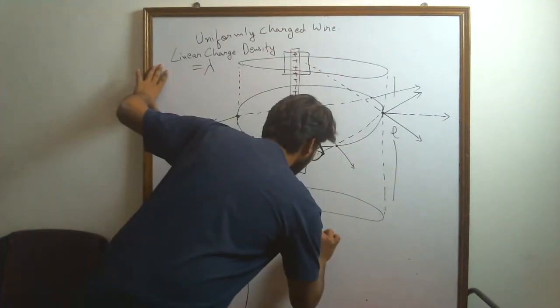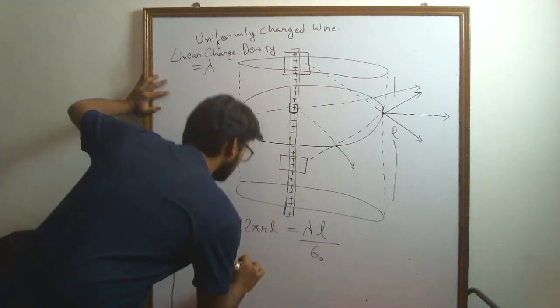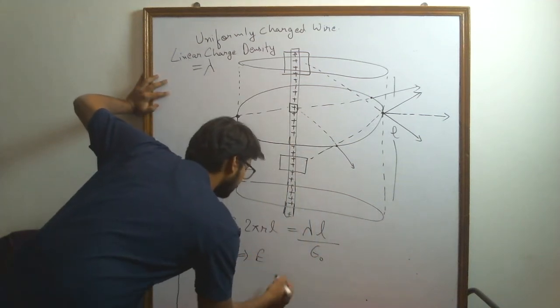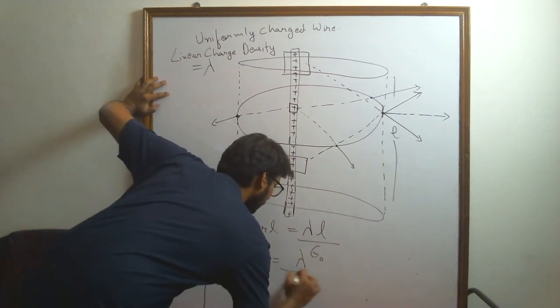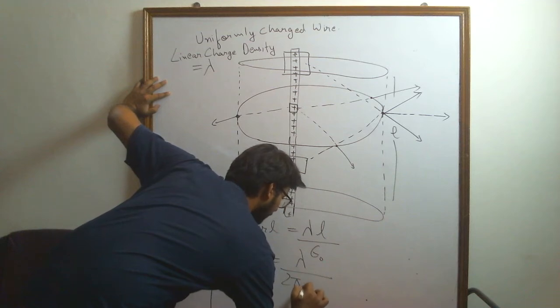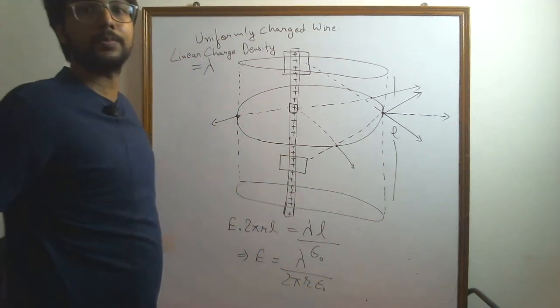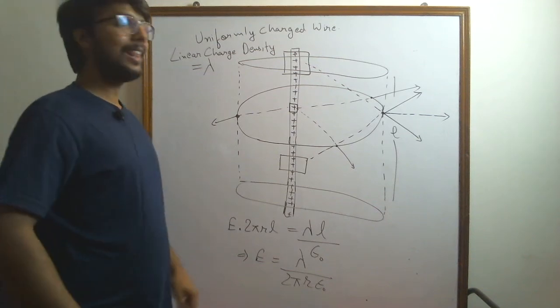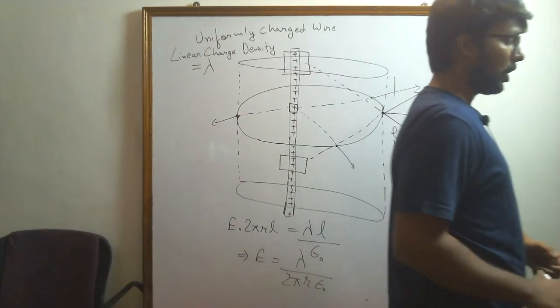So lambda into L upon epsilon naught. Therefore, I get my electric field as lambda upon 2 pi r epsilon naught, and that gives me the electric field by a uniformly charged wire